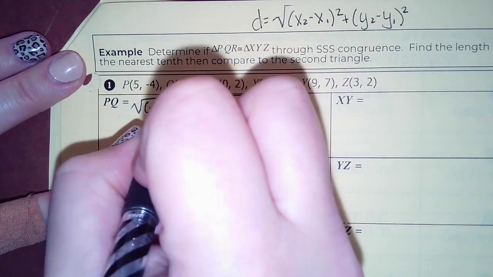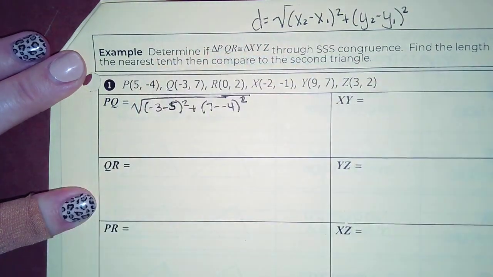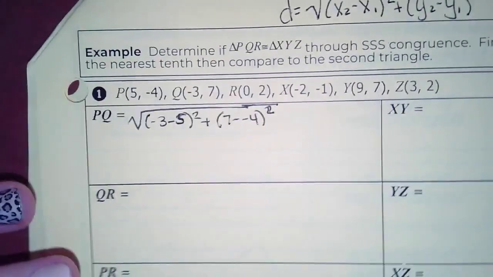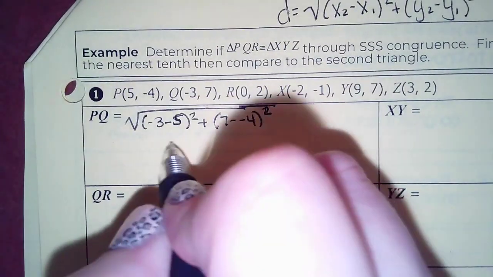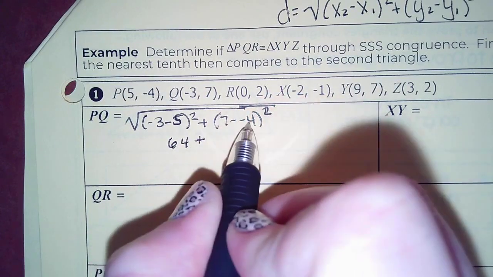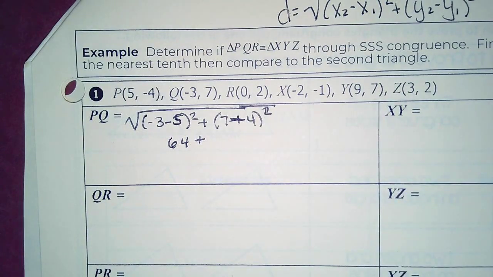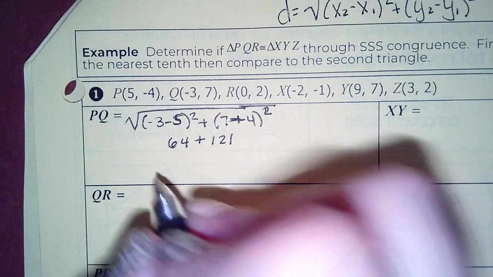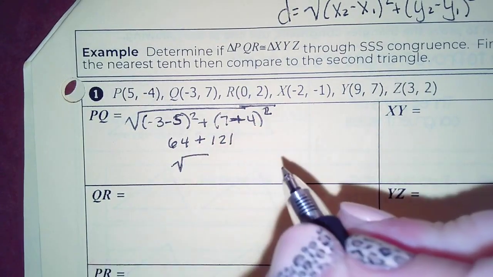So -3 minus 5 is -8. -8 squared is 64, plus 7 minus -4, so 7 plus 4 is 11. 11 squared, 121. Add those together, I get the square root of